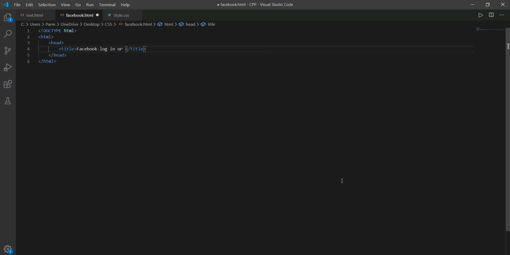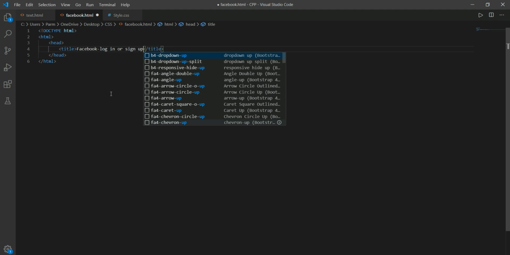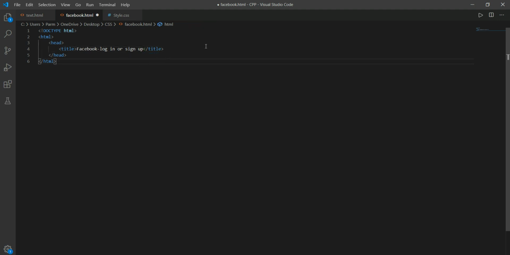Login or sign up. Now we have to link this external style sheet to this file. For this we have to use the link element in the head.